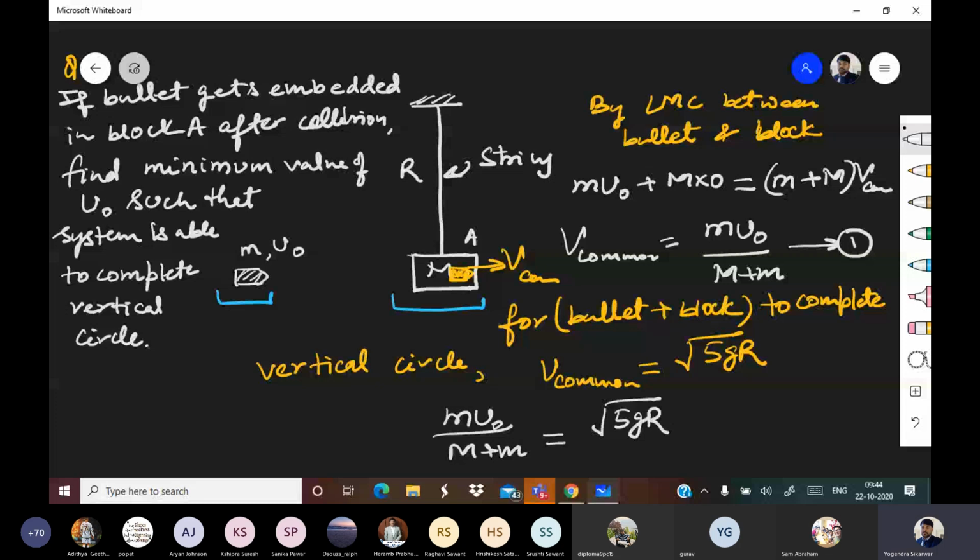This will be the answer. So it was a difficult question. It was not a difficult question. It was an easy question, but you can have a mix of two questions. Such questions are very often asked in exams. They ask them very often.